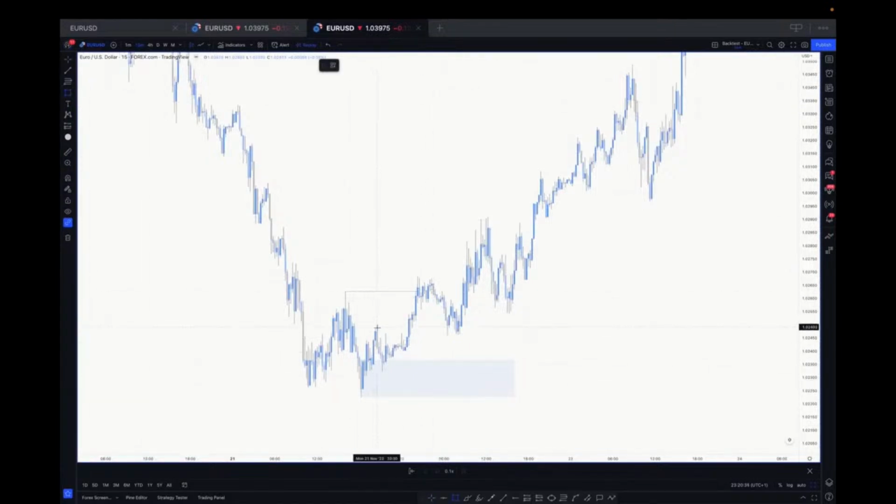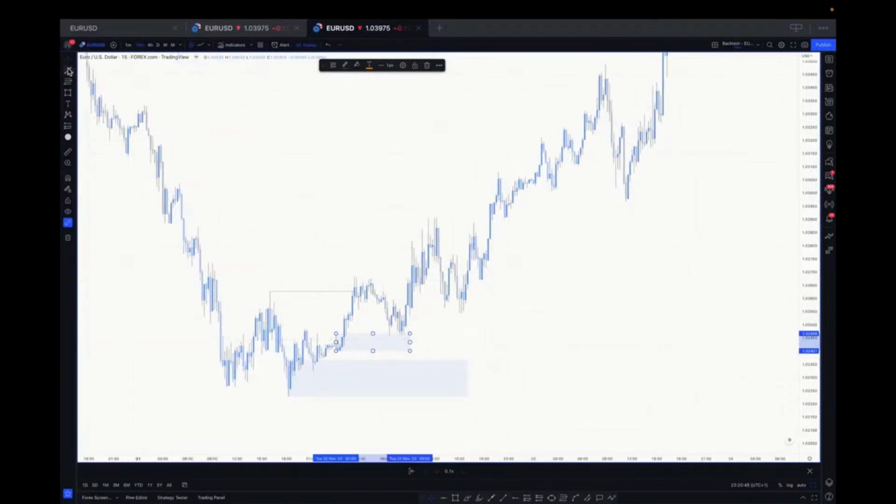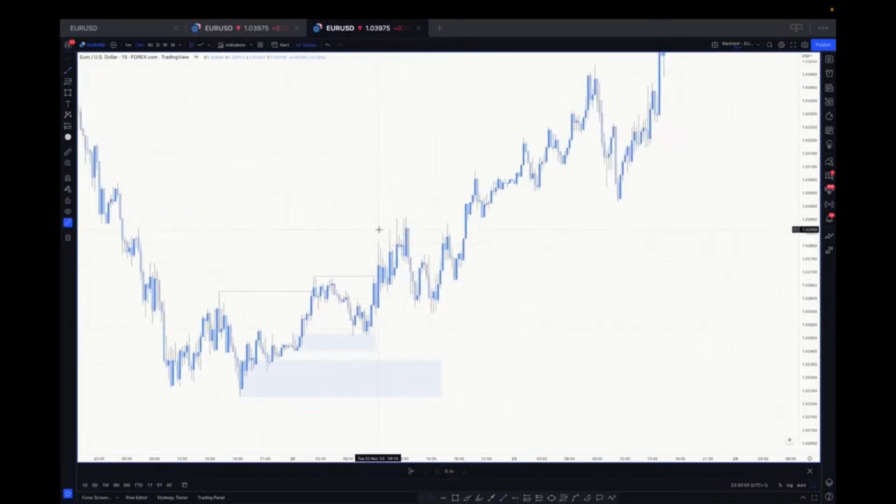So the market pulled back a little bit up here and then pulled back, and before it broke structure, we can draw other zones, something like this. And then you can see it came in, tapped in here and broke structure. And then what happens after it breaks structure? So we know that now the market is trending bullish. So our expectation is that after it breaks structure, it will pull back into this demand zone before it continues